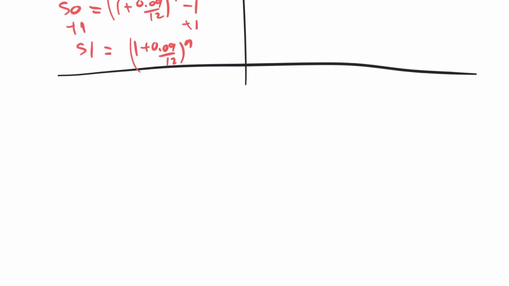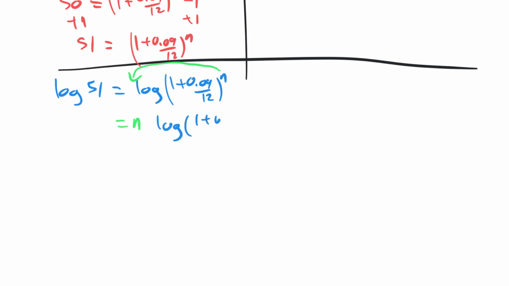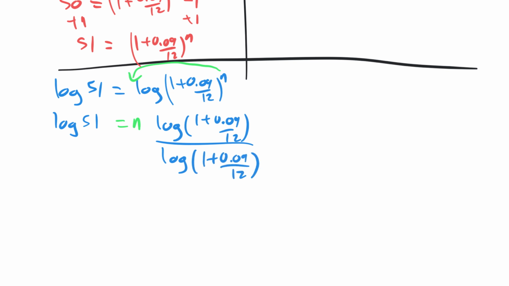Running out of space here, so I'm just going to continue on. We're going to log both sides. Log 51 equals log of (1 plus 0.09 over 12) to the n. Going to pop that n down. Again, the beauty of logarithms is they allow you to take those exponents and bring them down. That's in many ways why they were invented. They help us solve these tricky problems where you have your exponent as a variable. Divide out the log of (1 plus 0.09 over 12). So n equals